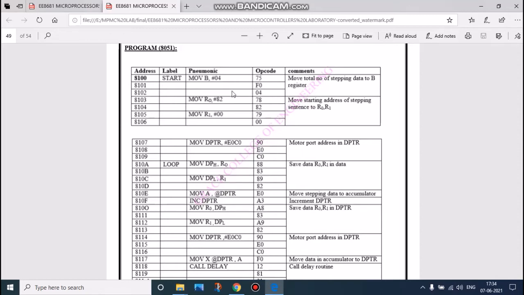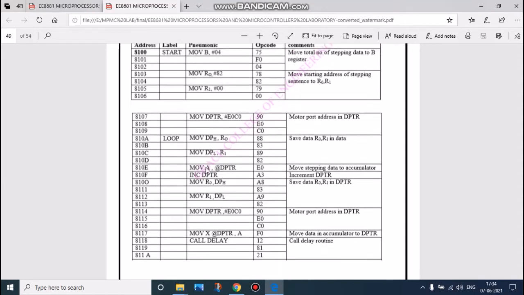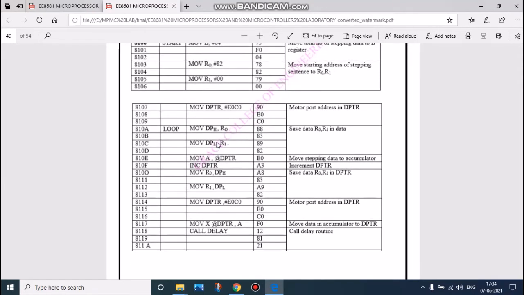We have to initialize the port address in the data pointer, then save the data in R0 and R1 of the data pointer, that is the high and low register address. Then we move the data pointer value to the accumulator, increment the accumulator, then move the data pointer value to R0 and R1.